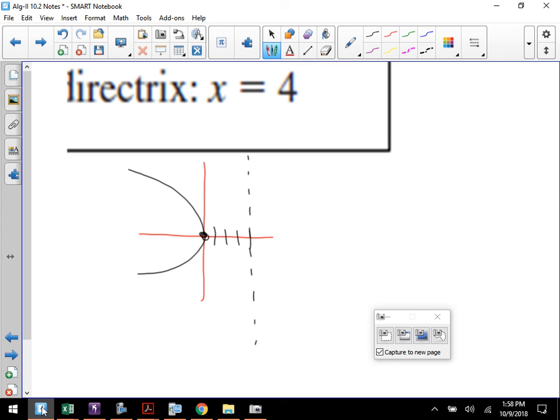Perfect. P value here will be -4. So left and right parabolas, x squared or y squared? It's y squared, so y squared = 4px. My p-value is -4. My final equation is